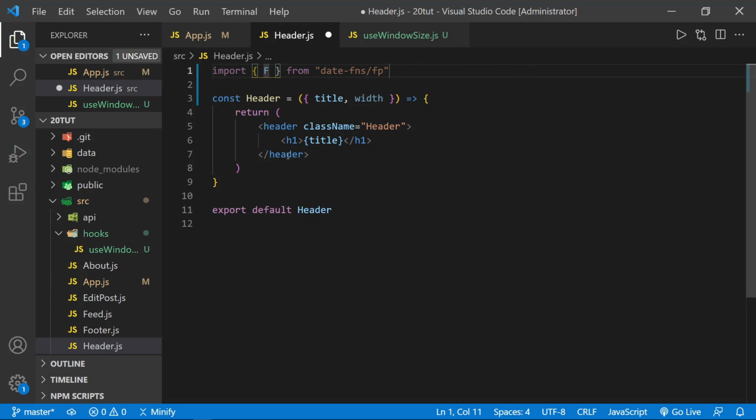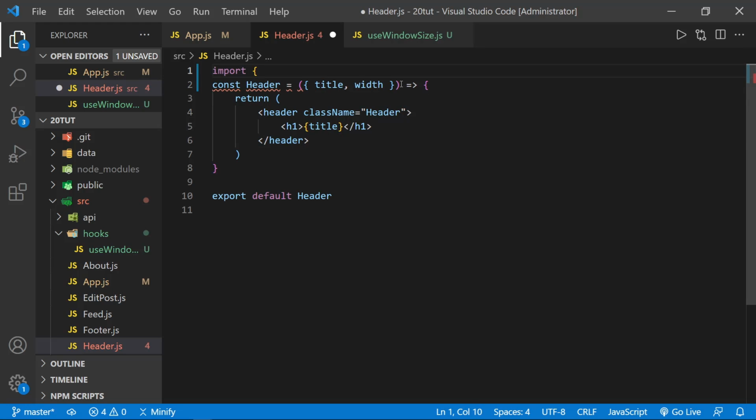We need FA laptop. And then we need FA tablet alt, sorry, I spelled that wrong, tablet alt. And finally, FA mobile alt. And these are from